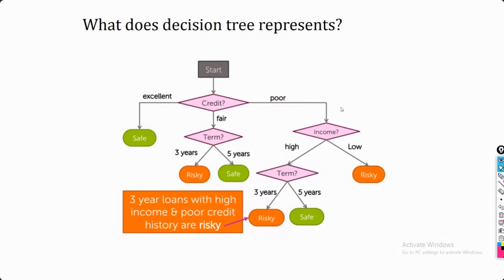Each of the branches is basically representing one of the rules, as I said. Like this branch, or you consider this branch, or you consider this branch. Each of the branches is basically helping you to formulate the rules. Once you are having the rules, based upon that rule you can perform your prediction. So we will see how we are performing that prediction.